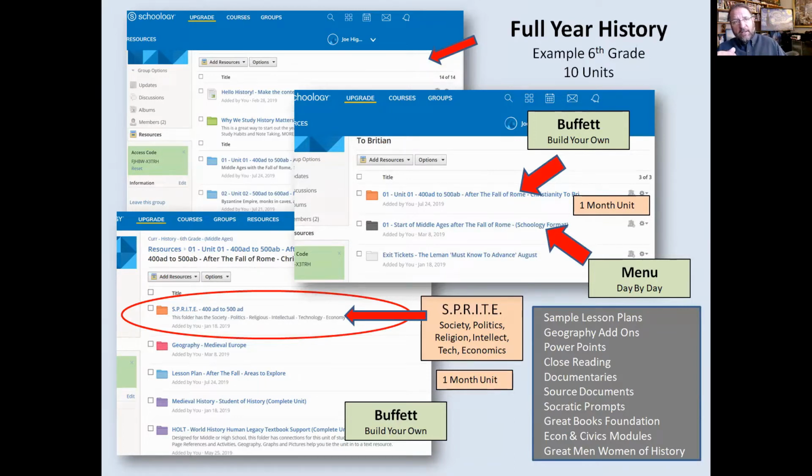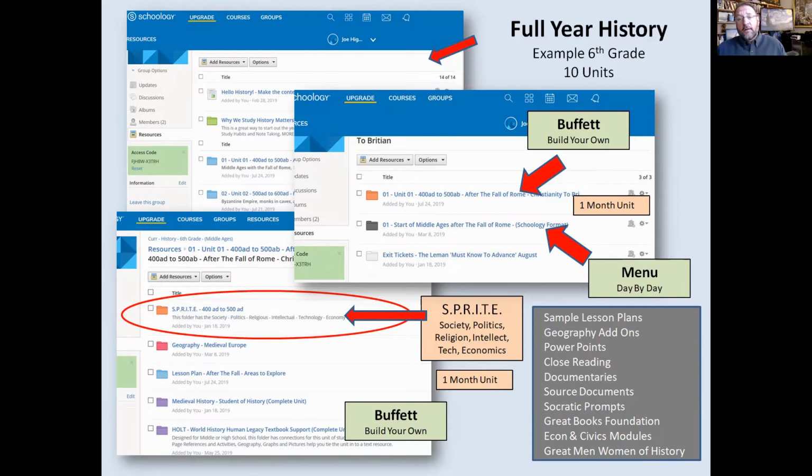What we've done is we've created a day-by-day kind of digital sequence of how to teach a particular month card. So here we're looking at the Fall of Rome unit. And we have that Sprite again: society, politics, religion, intellectual, technology, and economics. And then inside of these folders is a day-by-day plan that would cascade from our library to the teacher's library, the homeschool library, that they can go off the shelf and just teach it all the way through as we